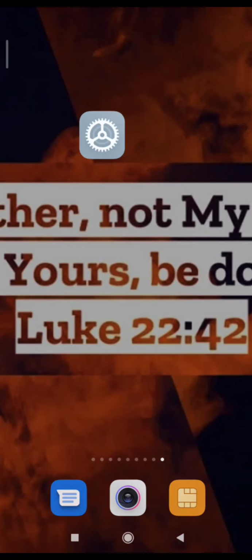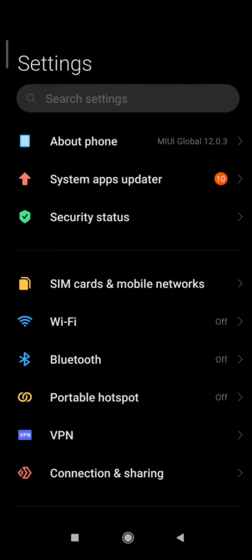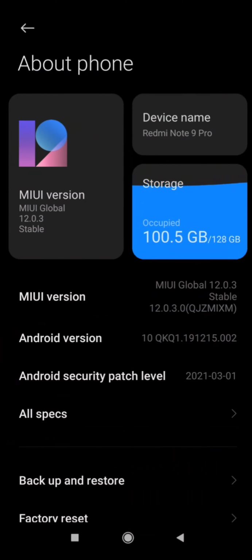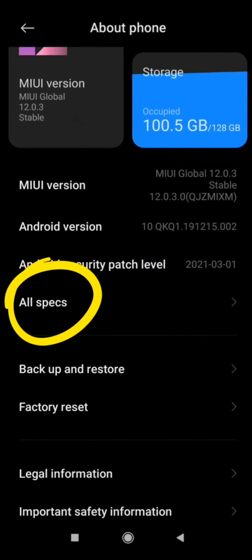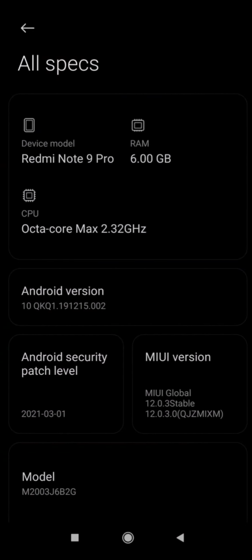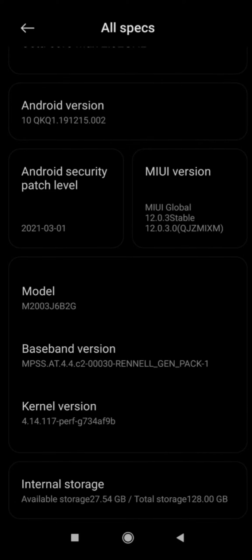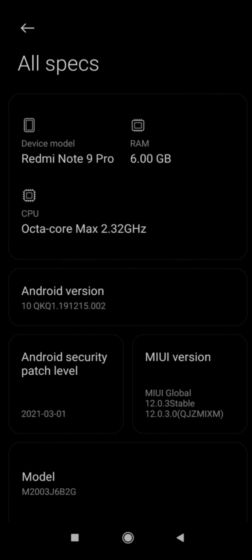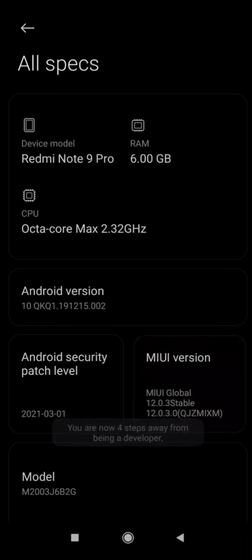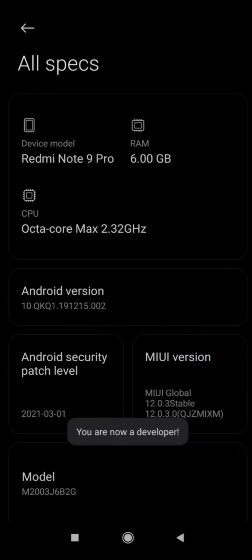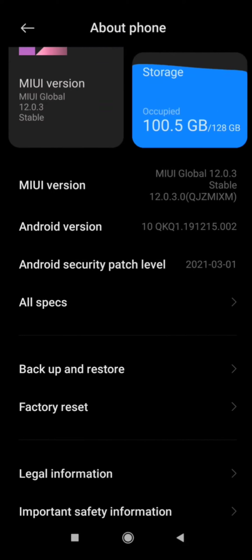First, go to your settings, click About Phone, then tap All Specs, find MIUI version, or in some phones, find build number, and click it 7 times or until it appears you are now a developer. Then, go back to the main page of your settings,